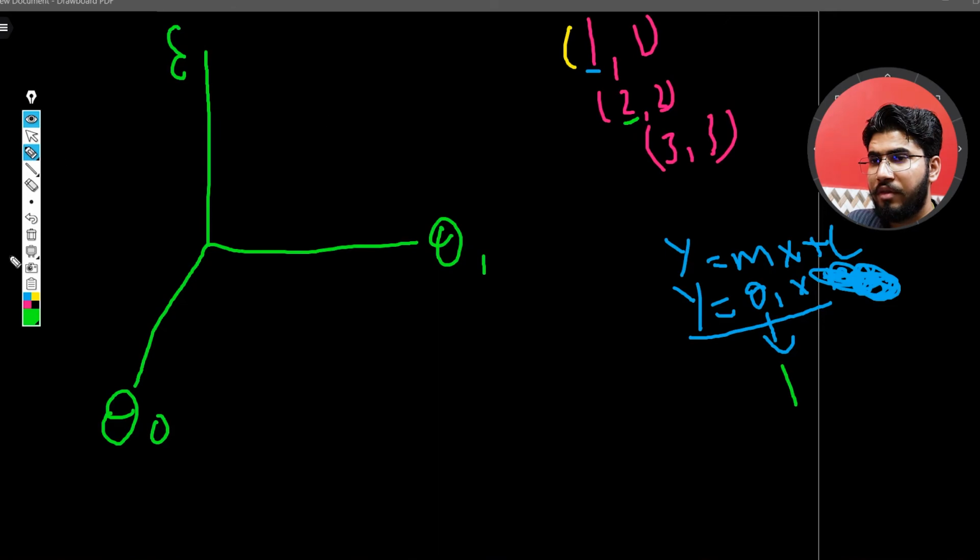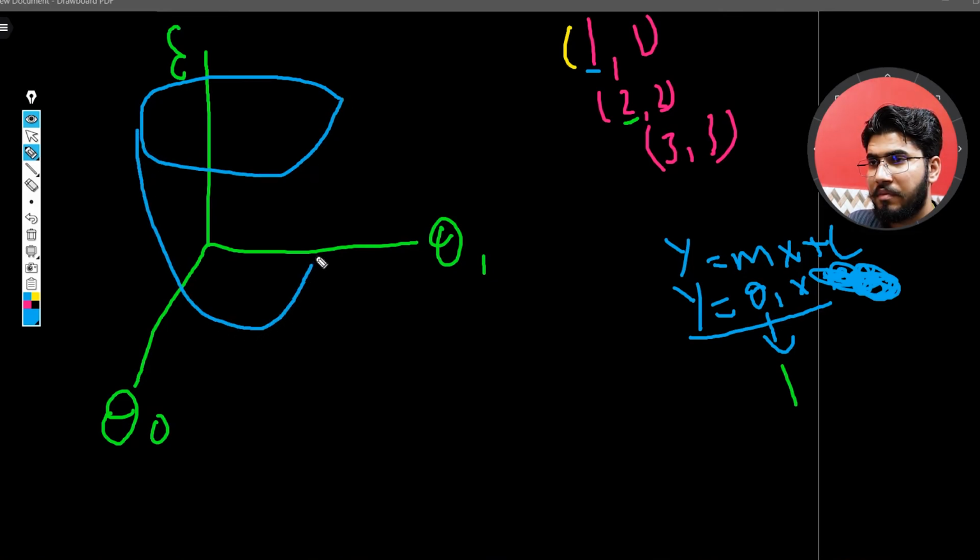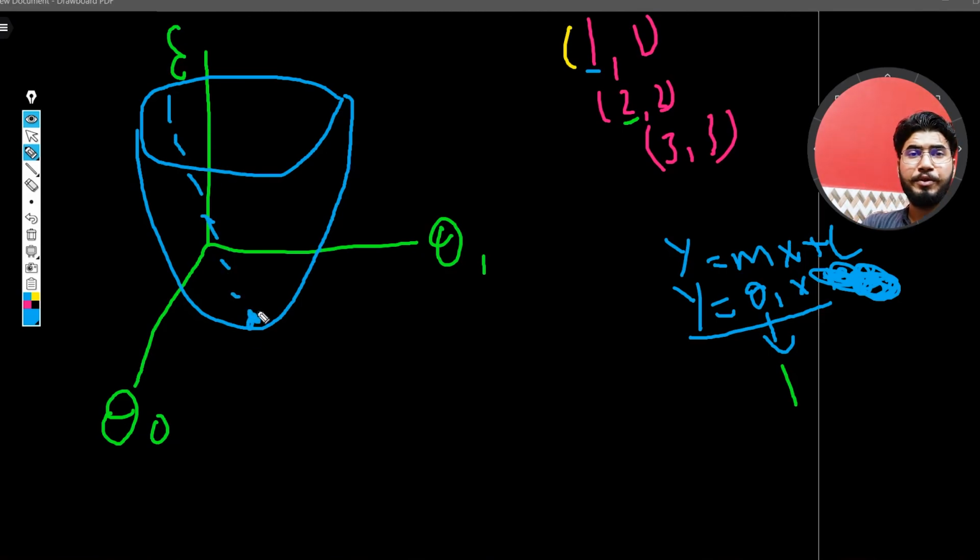So what we are going to have is a bowl shaped structure, something like this, and ultimately it is going to go something like this, and our error is going to reach the minimum. So this is how it is going to work, and the technique that I am using here is called gradient descent. This is how you are going to decrease your error step by step, and I'm going to explain in the next video what exactly gradient descent is.